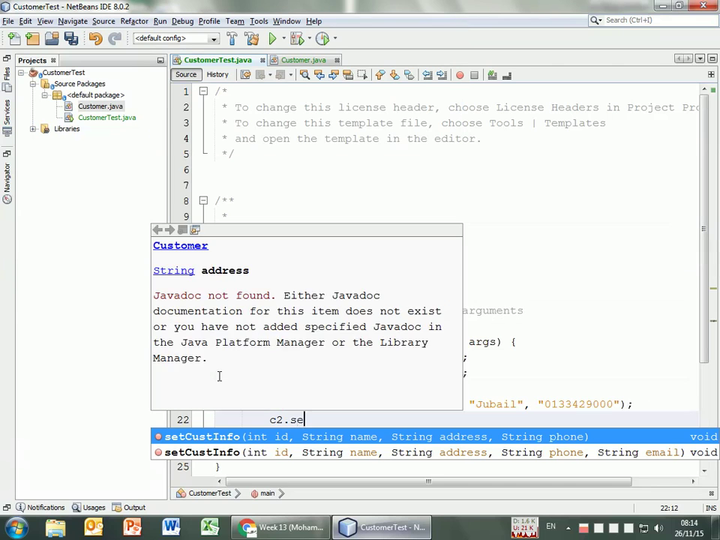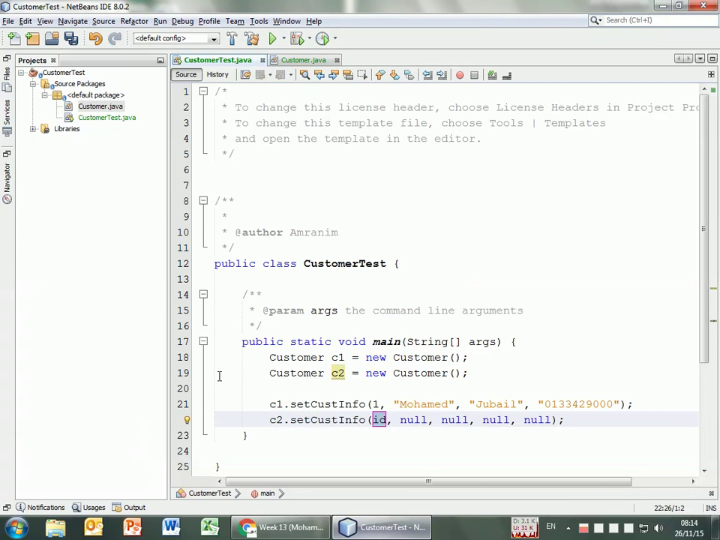Okay, now set customer. So now I'm using the second one. As you have seen, I have more arguments that need to be entered. So let's say this is 2, and Abdullah, I don't know, Mecca,